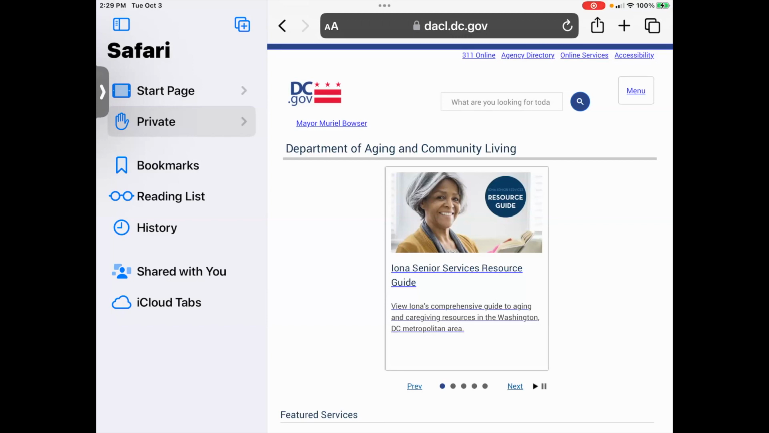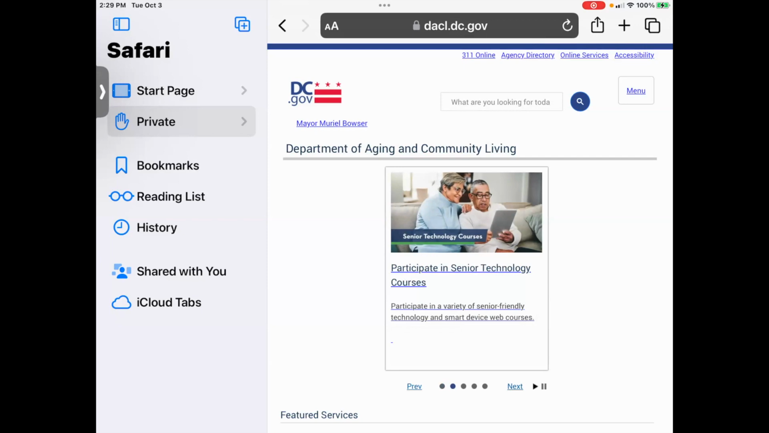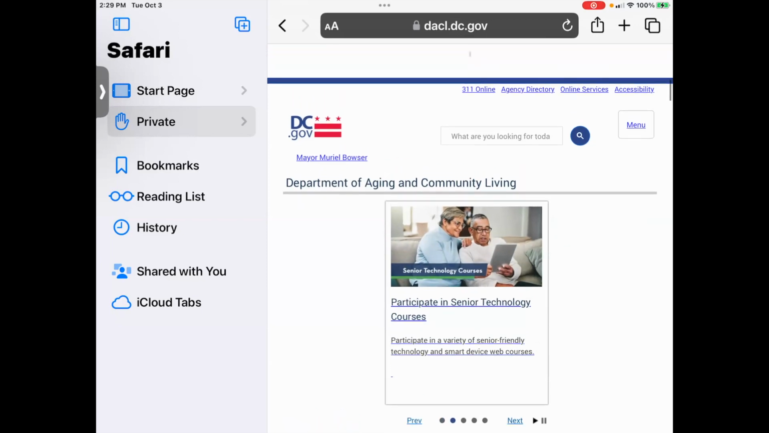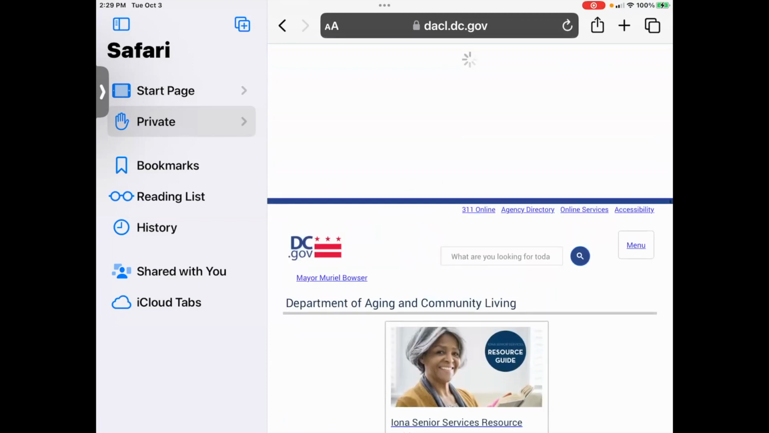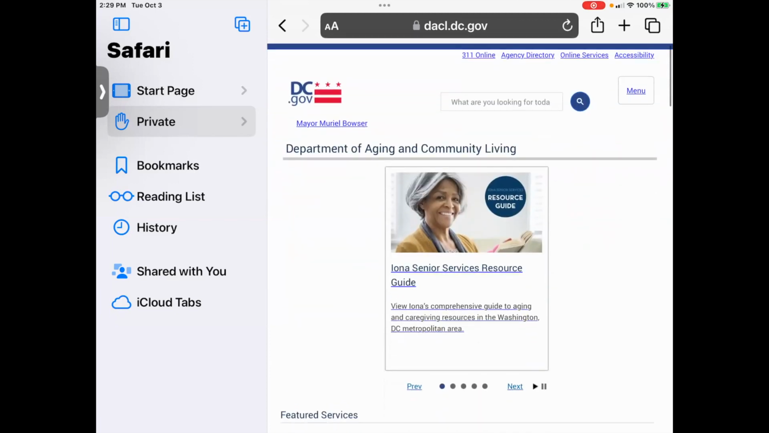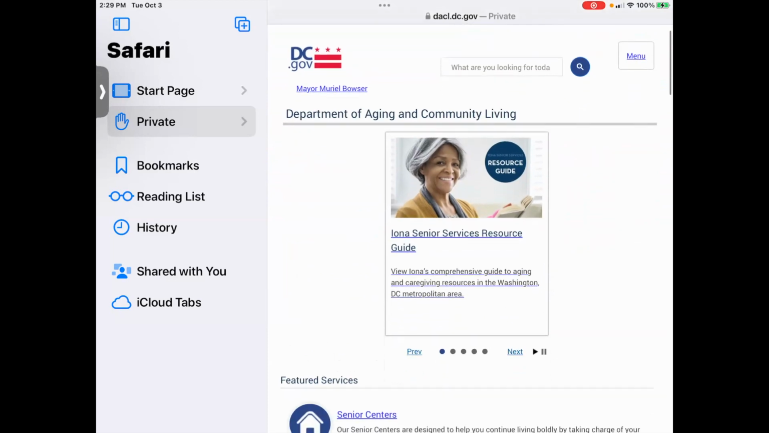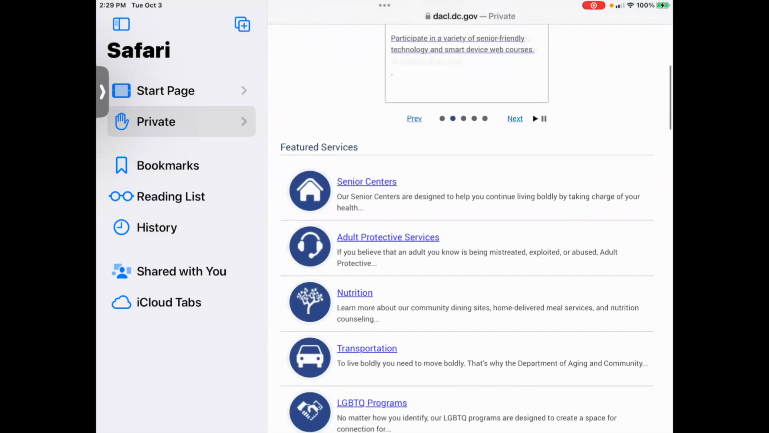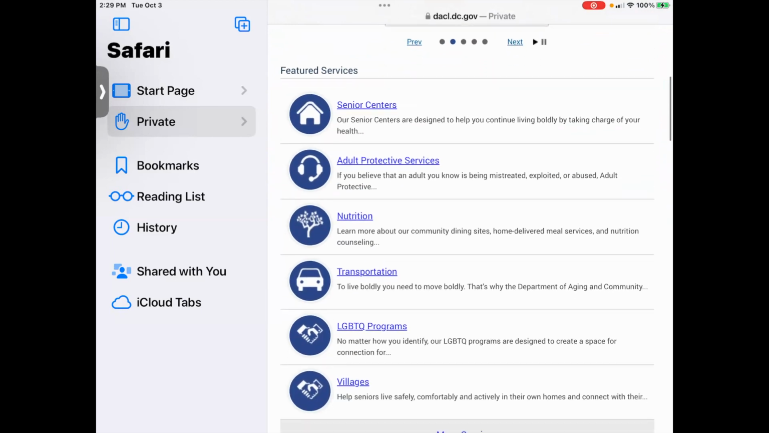So if you scroll down on the right hand side, you've got to scroll through the website. Other way, ma'am. Oh, scroll up. Yes, ma'am. So you see those are some of the featured services available. And if you go back to the top,